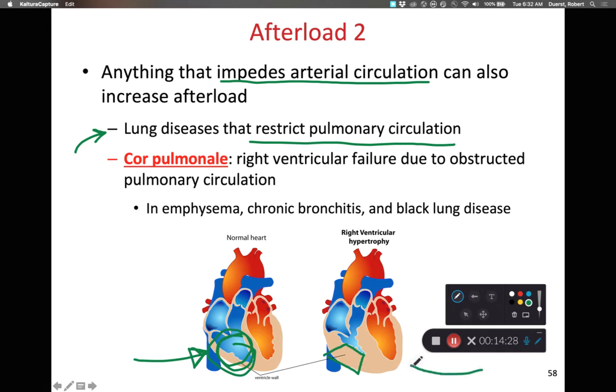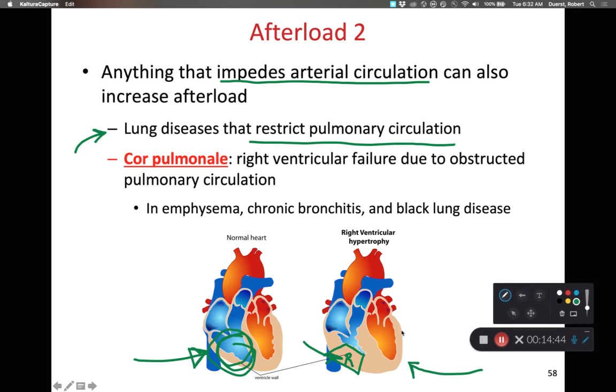If you see a heart that looks like this, where the wall of the right ventricle, I need to put an R over here for right so I can get my left and right straight. So we have hypertrophy of the wall of the right ventricle. So if you see a heart that looks like this, where the wall of the left ventricle, come on, there we go, the wall of the left ventricle is thinner than the wall of the right ventricle, that's a giant red flag that individual is at risk of